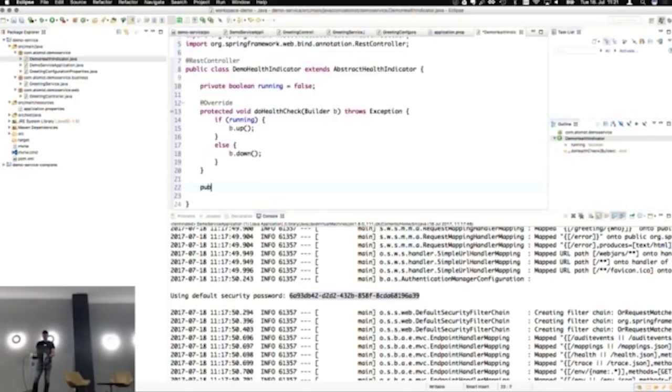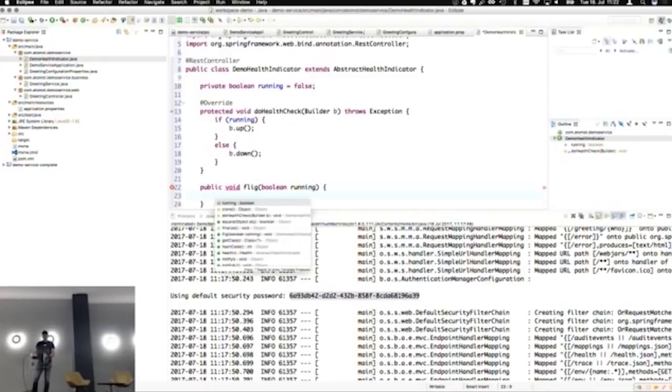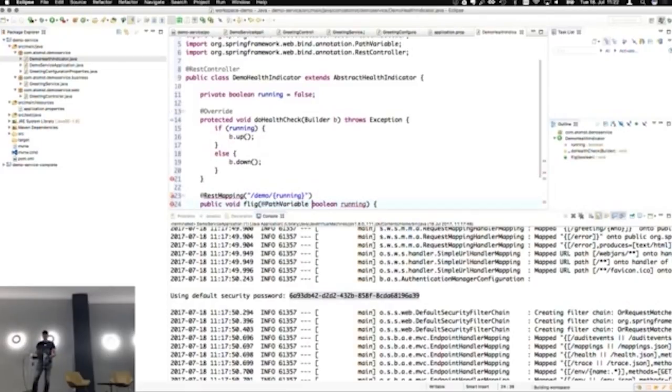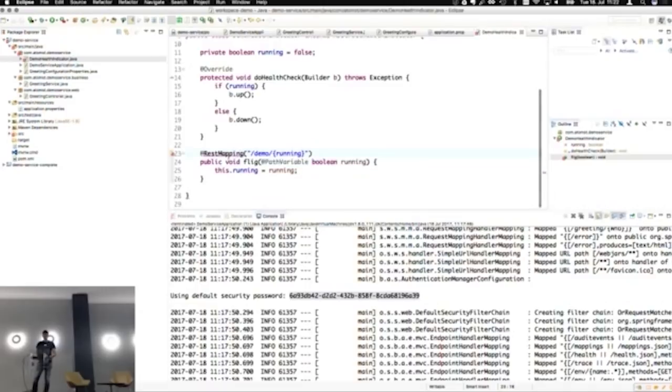But in this case, I'm just going to put another void flip boolean demo, and so with this I should be able to request mapping.